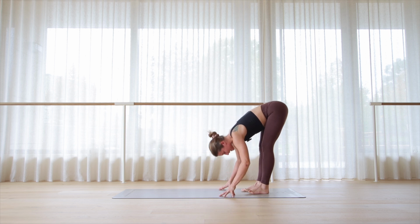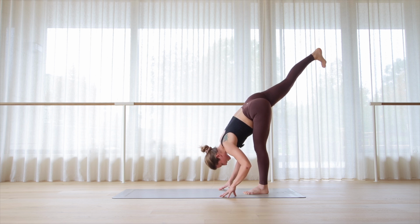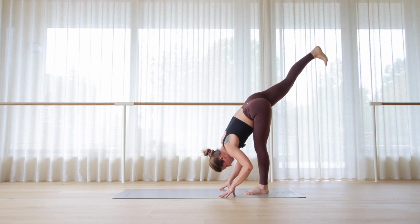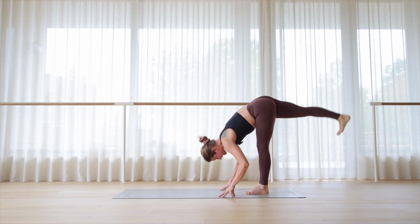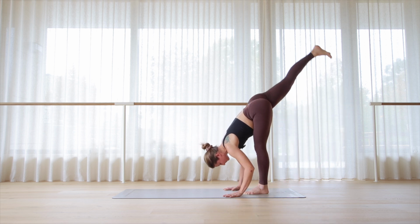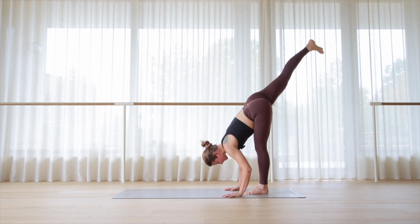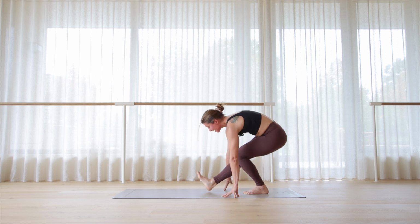And then let's lift the right leg up high, standing splits. Let's circle out that right ankle. And switch directions. Flex the right toes. Exhale, right toes to right wrist for 5, 4, 3, 2, 1. We're going into pistol squat, so look forward, start to bend your left leg, kick the right leg through,